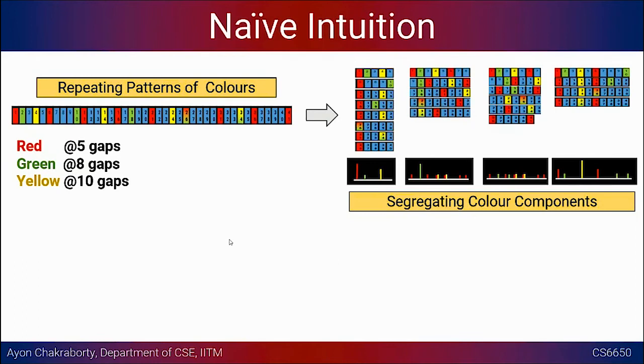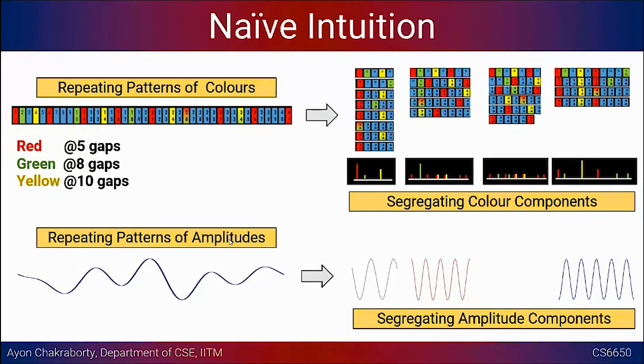So similarly, what we will have is a repeating pattern of amplitudes. Earlier we had it with colors, but in our real world where we deal with outputs coming out of the sensors, these are all voltage levels. We don't have any particular color associated with that. We basically have some pattern of amplitudes. Some of the amplitudes will repeat with a certain periodic nature, and our idea is to segregate or dismantle that into different constituting components.